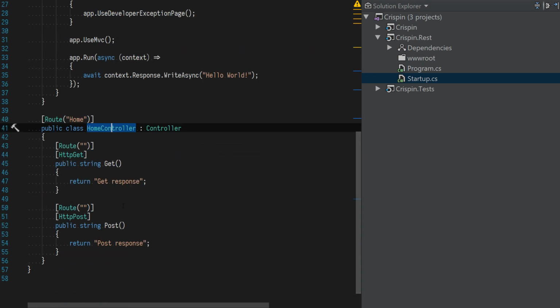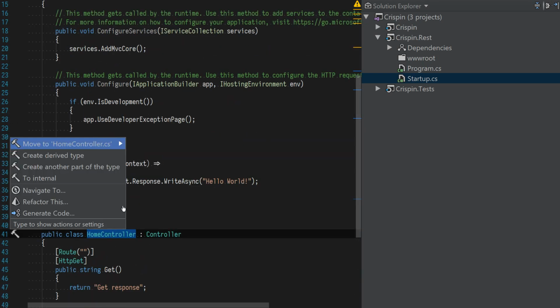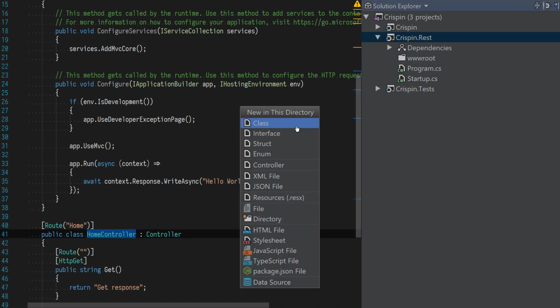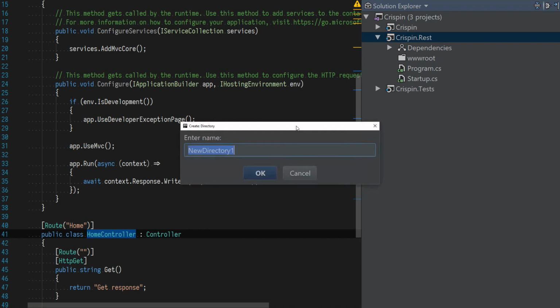So, let's create some folders. Now, I don't like doing a folder for controllers and a folder for views and a folder for models, and I think that's all a fairly silly way of separating an API. I think it's better to group things by feature rather than by functionality. Because when you open a project and you see that it's got a controllers folder and a views folder and a models folder, all you can really tell is that it's an MVC project